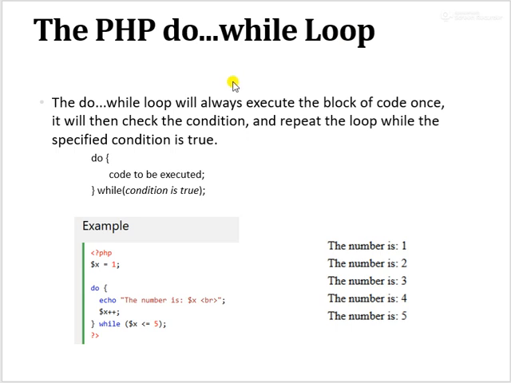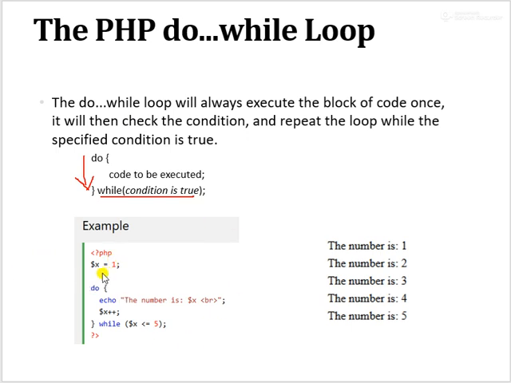In the do while loop, there is a special thing: it executes at least one time, even if condition is false. Like while loop will not execute if condition is false, but do while loop must execute at least one time, because it will first execute the loop and then check the condition. The control is such that first do this or execute the statement and then check the condition. So even if condition is false, do while loop executes minimum one time.